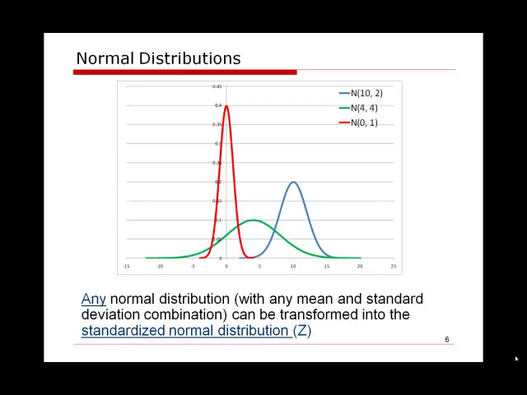If we want to make an analogy, we can think that the standardized normal distribution is a model. It has some scale, but it is a model. And this model can be enlarged and transformed into any real object. So the standardized normal distribution can be transformed into any normal distribution. And this makes the link between a general normal distribution and a standardized normal distribution. And this link is,